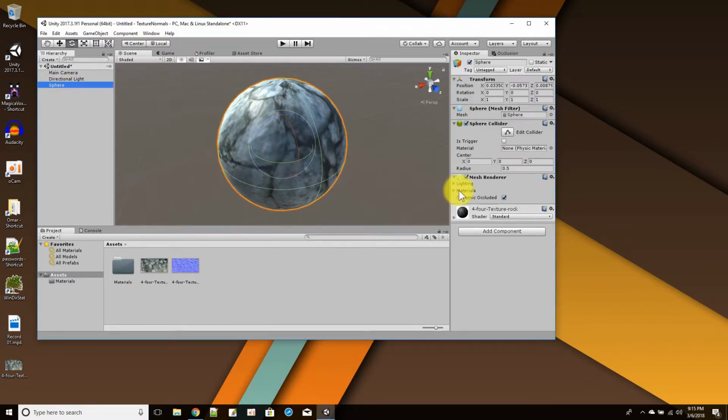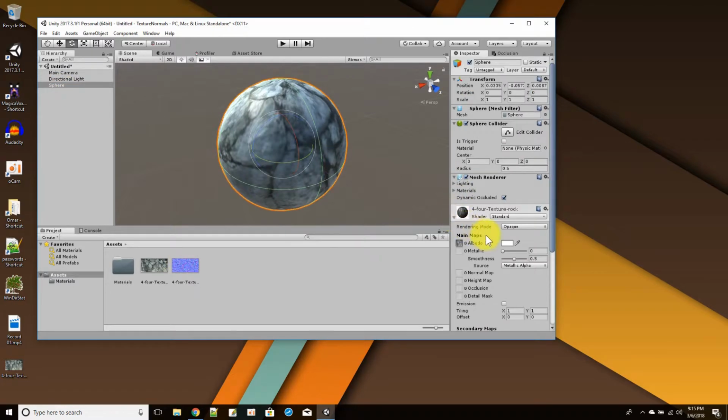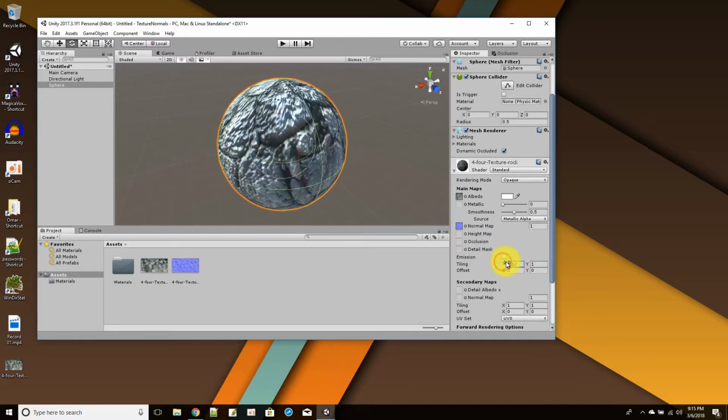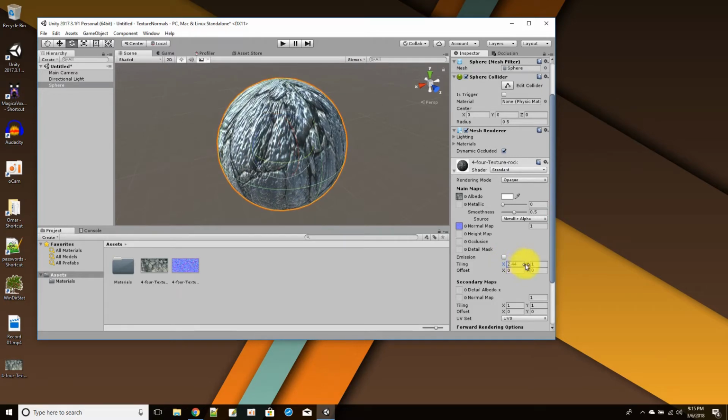Go back to my sphere, and there's the picture for the texture, and right here for normal map, I'm just going to drag and drop the normal map onto there, and then you can see that now it's not just a flat image, it has the bumps applied that match up with the texture. I could adjust the tiling if I wanted to,